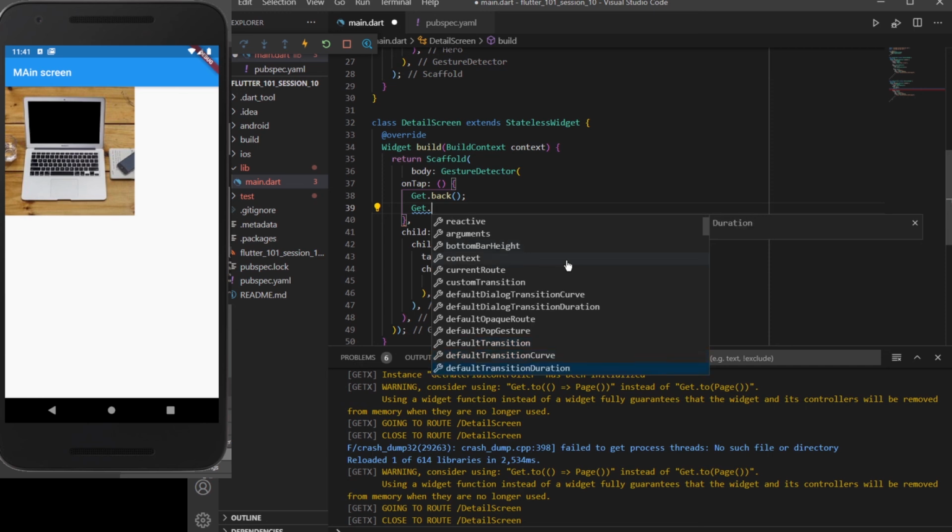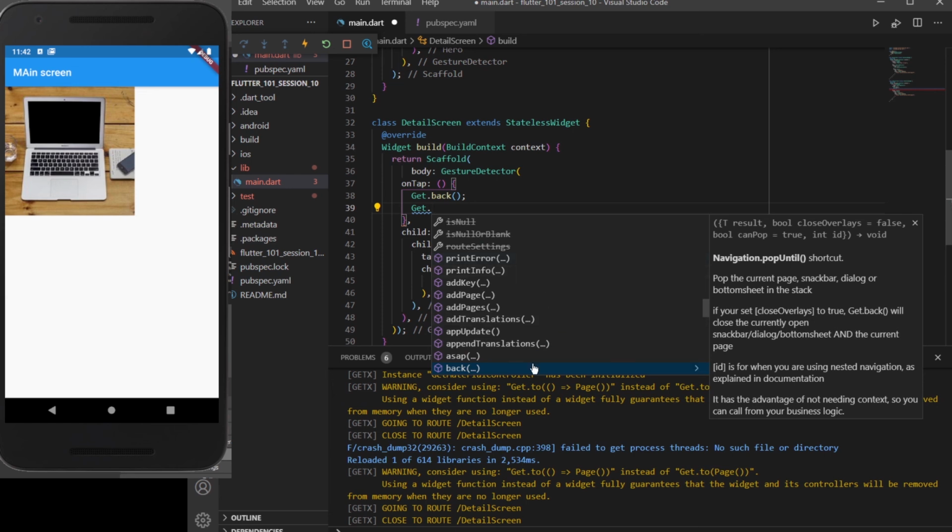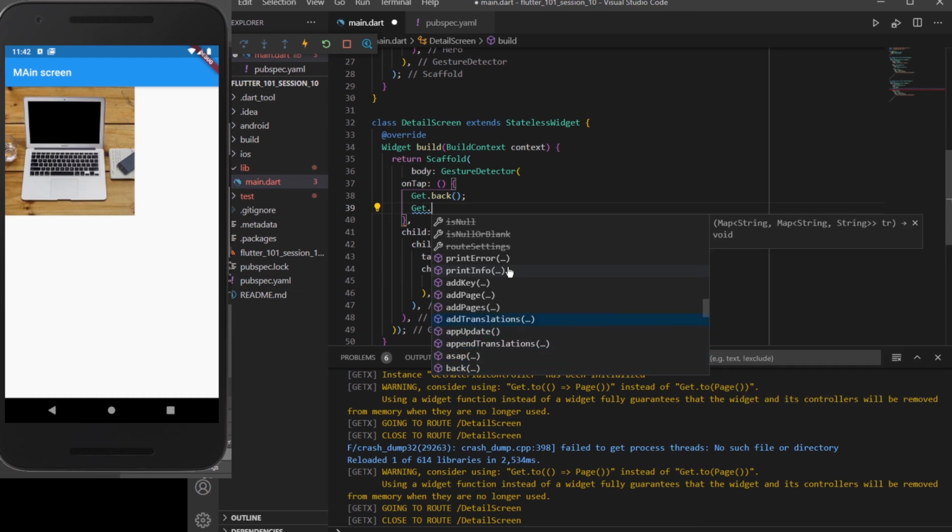We can set a height or icon color if we are using it with some widget or other things. These are the things which we generally don't use. Let me take you to the things which we use widely. So these are the functions or methods which we use regularly inside our Flutter application. If we want to print some error which is taking place, or print some info which is being passed in the backend and display it inside the debug console, we can use that. If we want to add some pages or some app updates, we can use these.